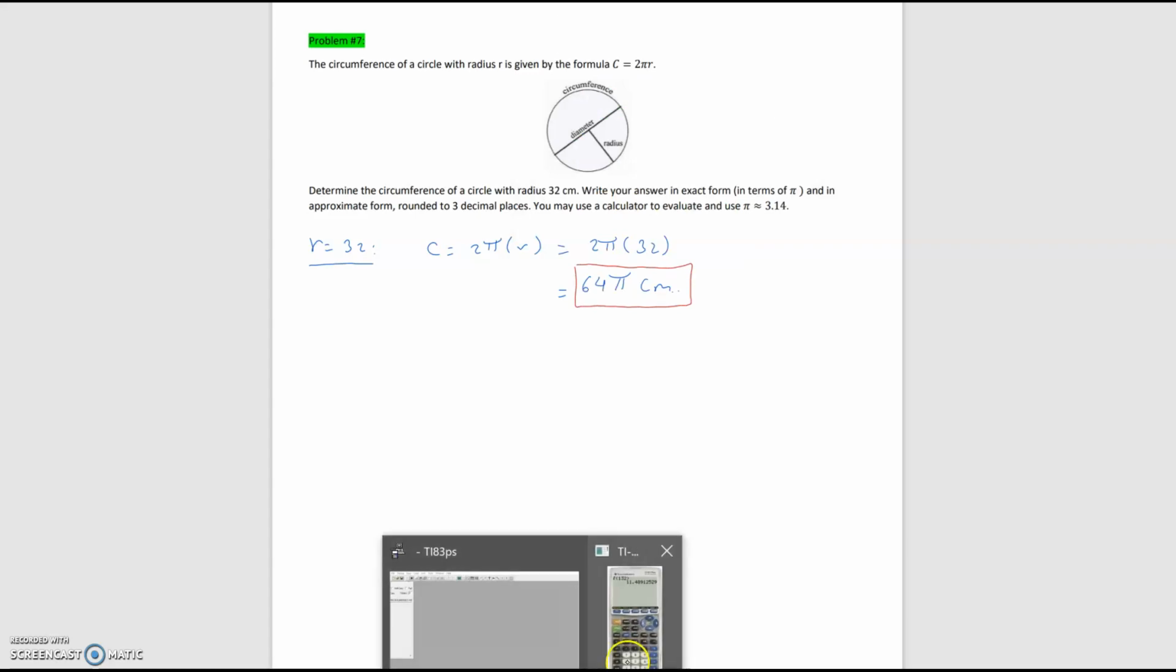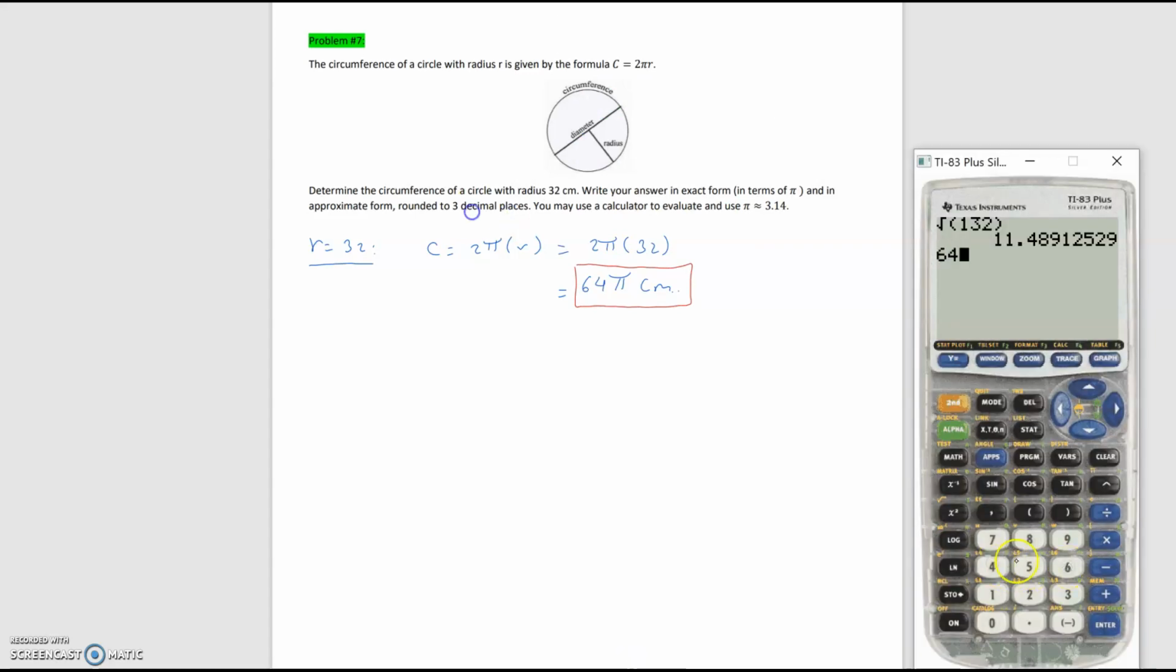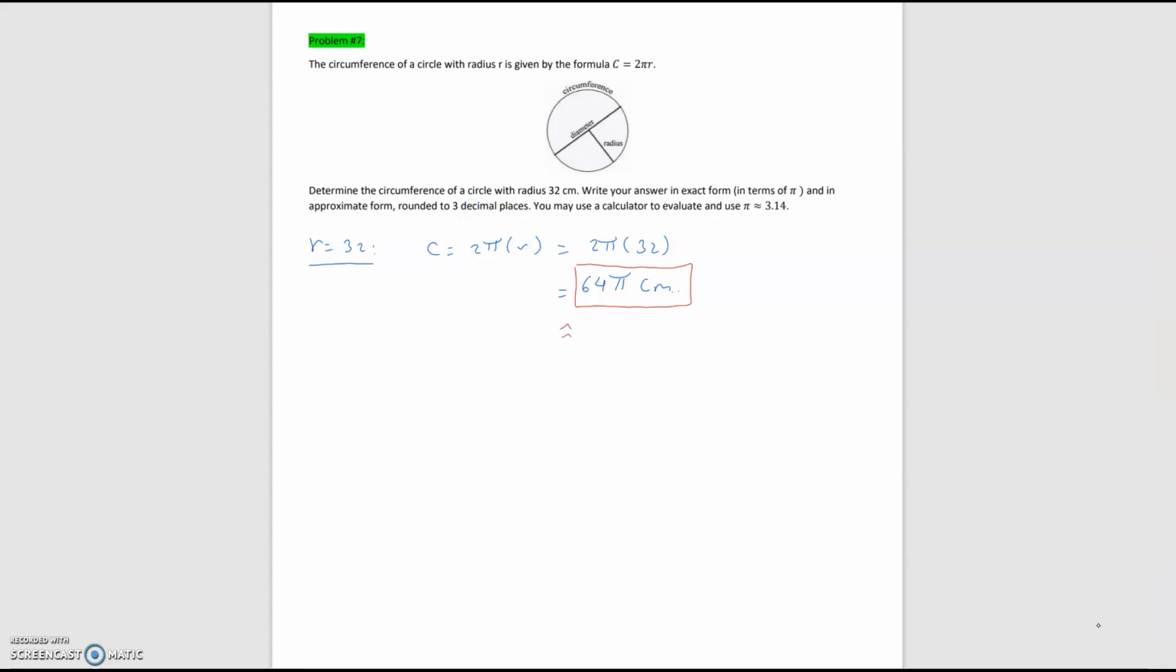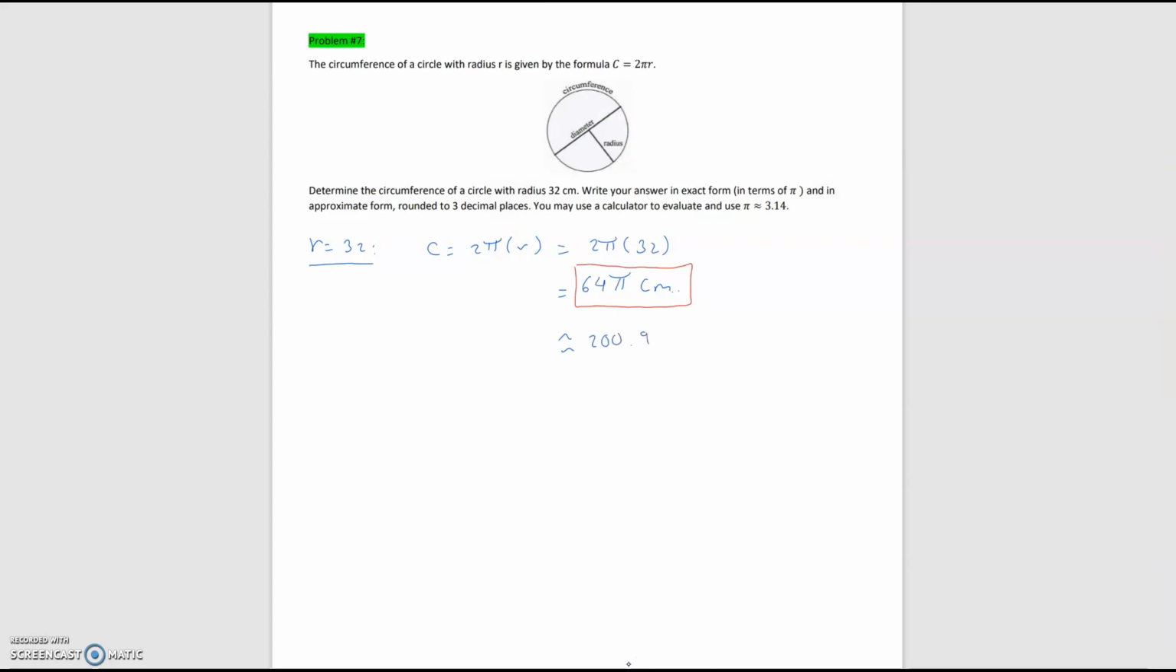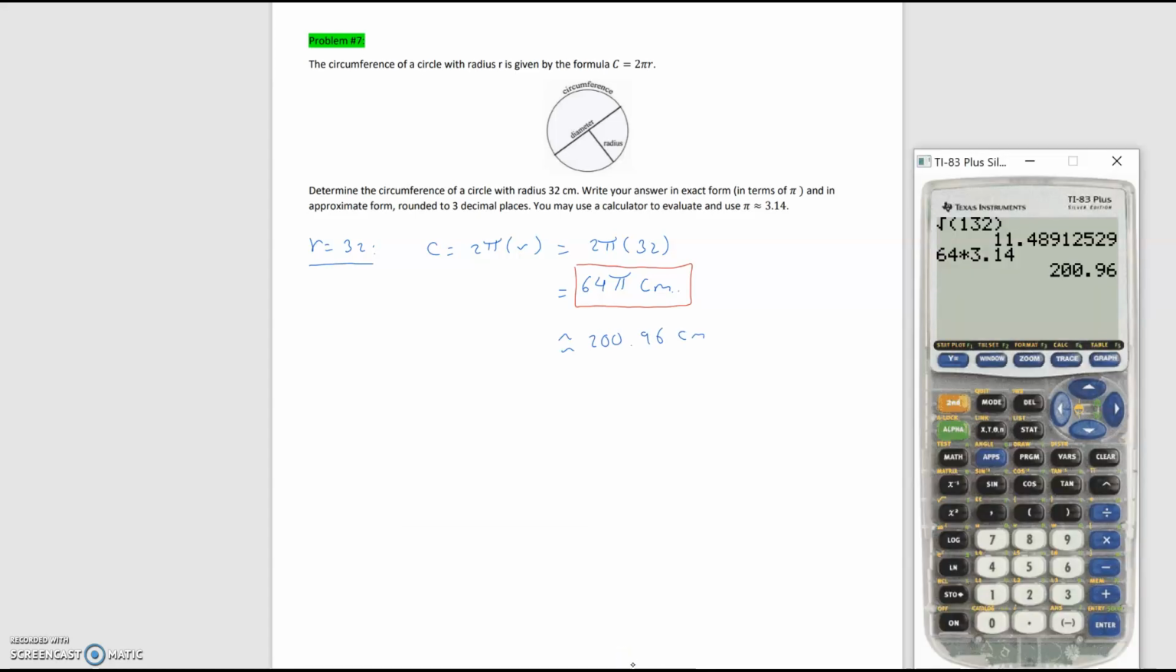Let me evaluate this on the calculator. So 64 times, and they want us to use 3.14. It ended up being approximately 200.96 centimeters. I do want to point out that some of the calculators already have the pi embedded, and that's